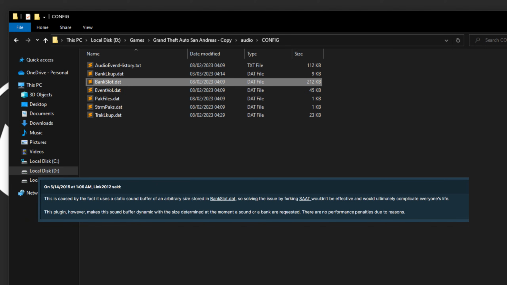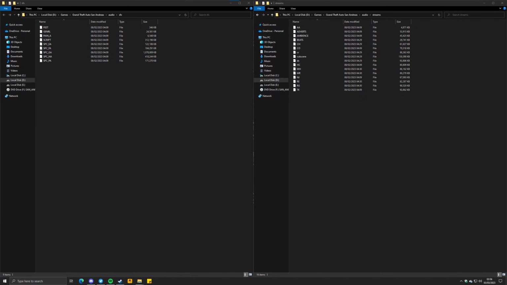If a modded audio file was bigger than the original game's audio file, it'd cause bugs. This really limited mod authors in what they could do, especially if you wanted to use longer audio files. However, with ModLoader, this issue is fixed. Instead of the sound buffer being static, ModLoader makes the sound buffer dynamic, and the size of the file is determined when the audio file is requested by the game. Audio package files can be loaded with ModLoader. So for instance, if you were to copy any audio package files from here, edit them and put them in ModLoader, ModLoader will load your edited audio package files instead.